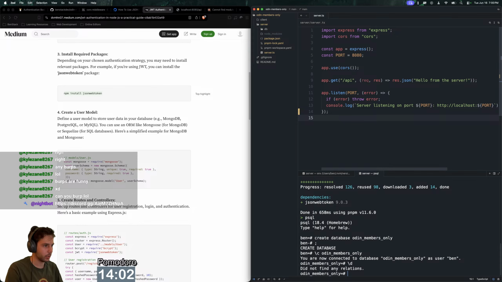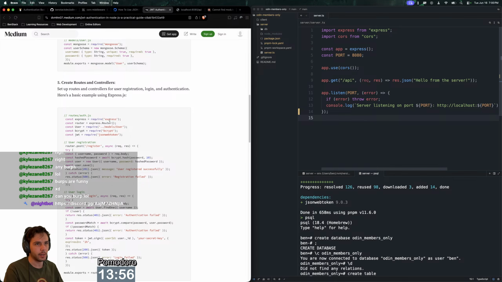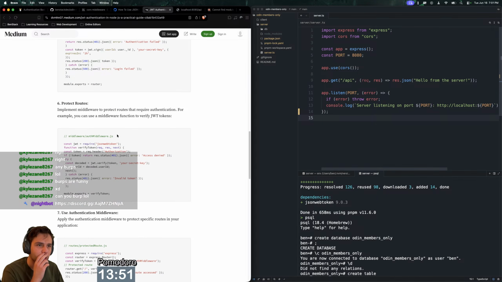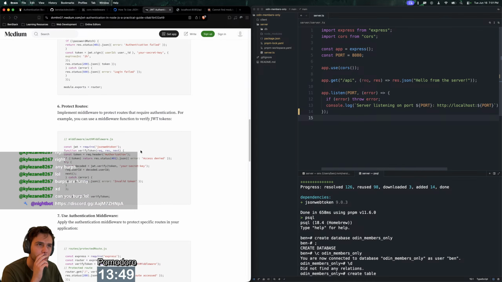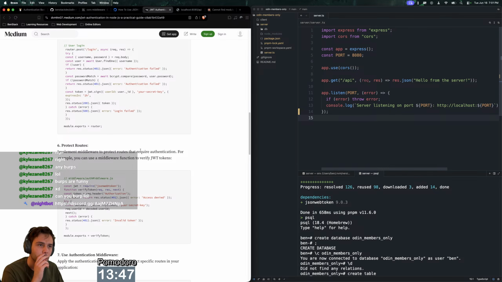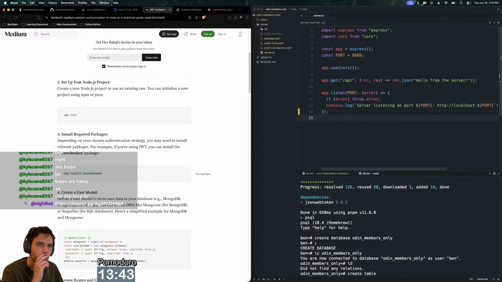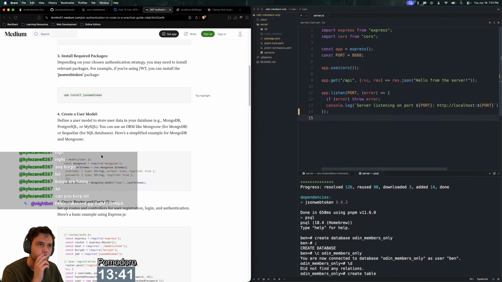And then obviously we're not going to have any relations. Create table. We're probably going to need to create a users table. I don't know what this recommends here. Username, password. Okay. So it's using Mongoose, which I think is a MongoDB ORM. Yeah. Okay. But I'm not going to do that. I'm just going to do